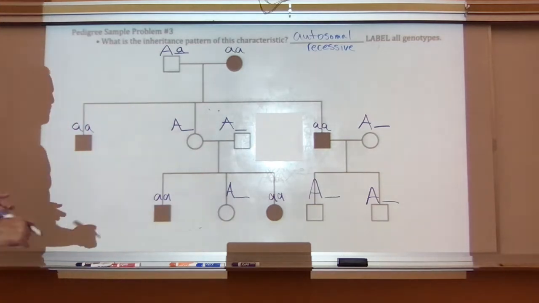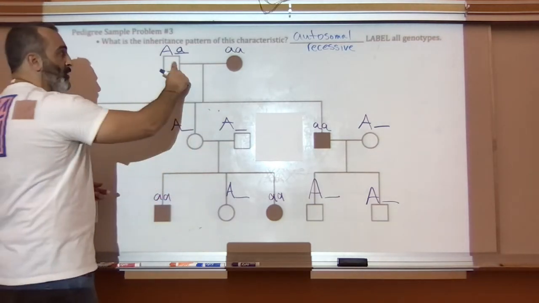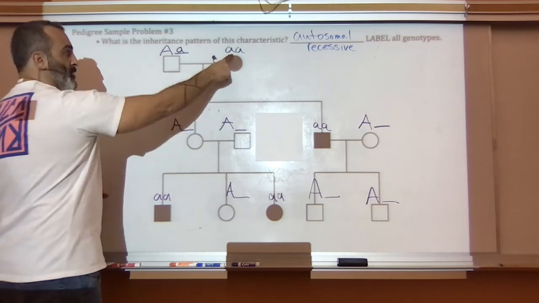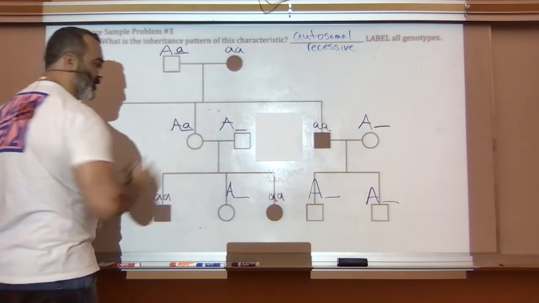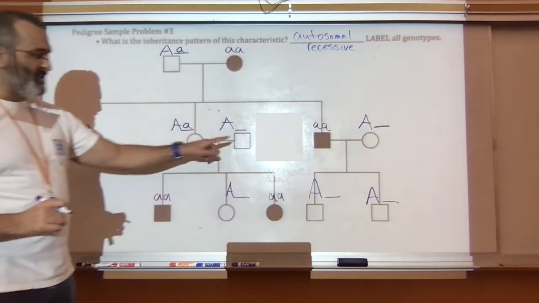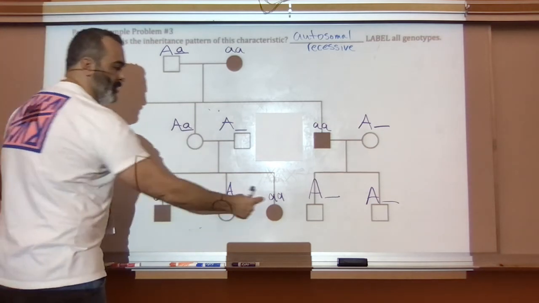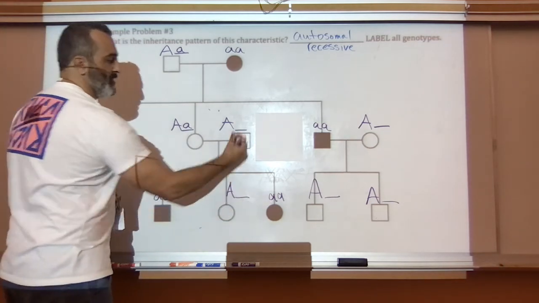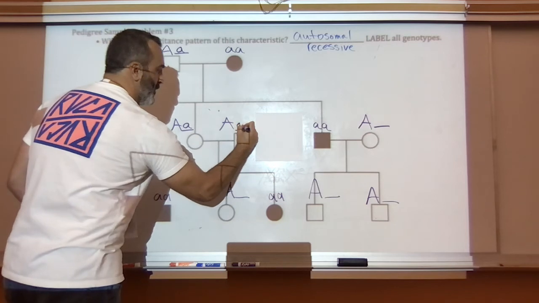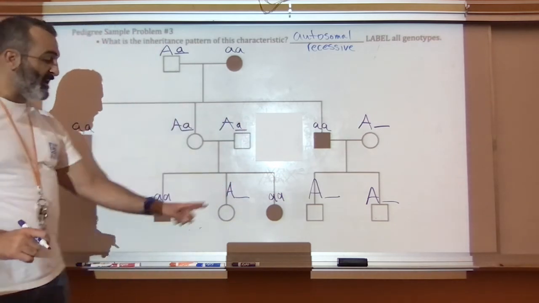All right. So let's go over here. That's their daughter. Capital A came from there. The only letter they can pass down, lowercase. Let's go to this person. Look at his children here. They have lowercase a's. They have to come from mom and dad. Over here,